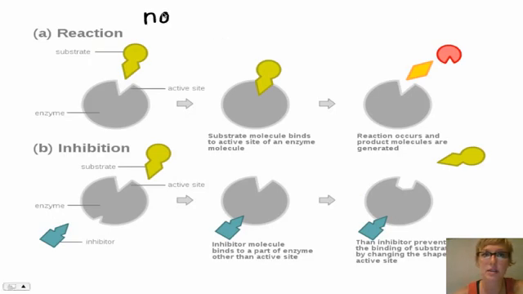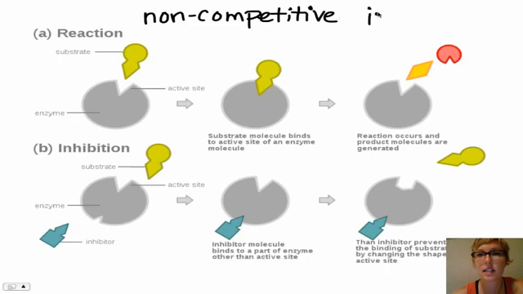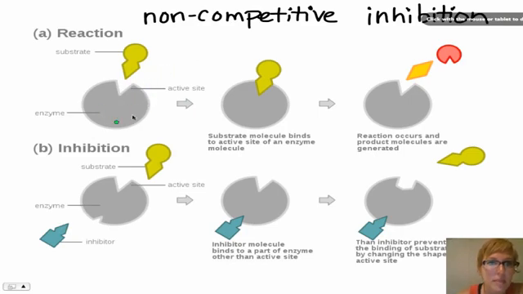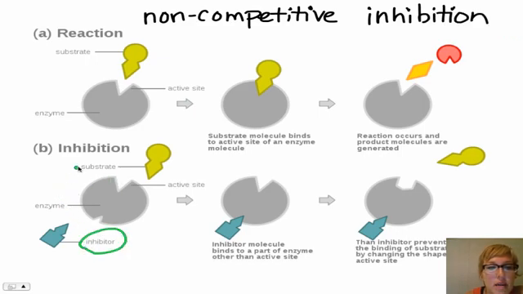non-competitive inhibition. There we go. Lots of I's there. So in a non-competitive inhibition, here's our enzyme, here's our substrate. The substrate bonds to the active site, and now we have the substrate broken into its two molecules, Pac-Man and a diamond, right? In non-competitive inhibition, the inhibitor, this is our inhibitor molecule right here, it doesn't hang out in